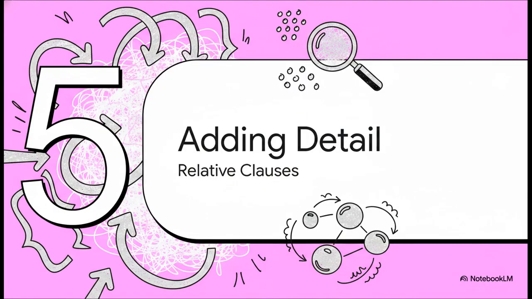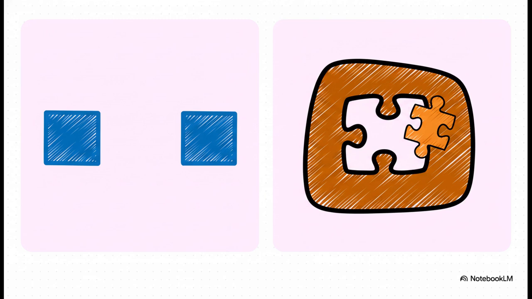Next up, Part 5, Adding Detail with Relative Clauses. If you want to pack the maximum amount of information into a single sentence, you need these clauses. Instead of writing two separate, kind of childlike sentences, you embed the detail right inside the main thought. Look at the difference. You don't have to stop your sentence to explain what a stay-at-home dad is. You just open a little grammatical window with the word who, insert your explanation, close the window, and keep right